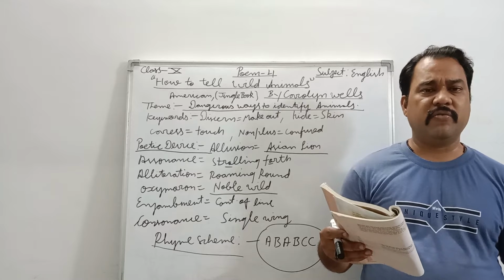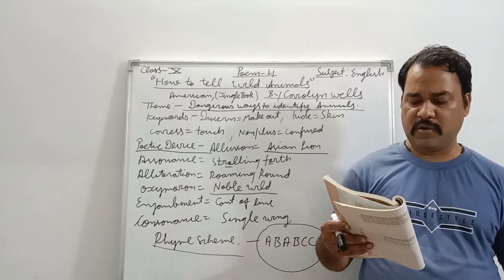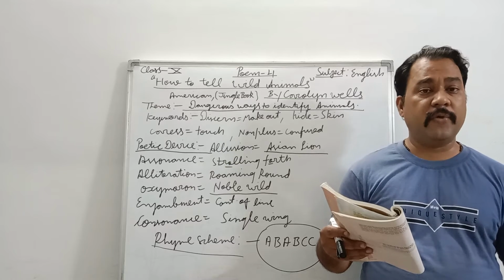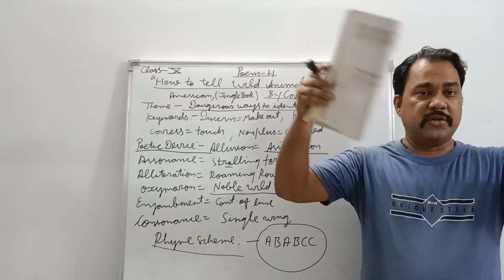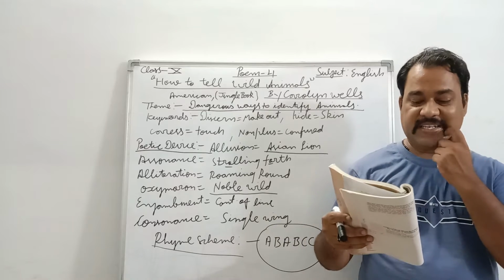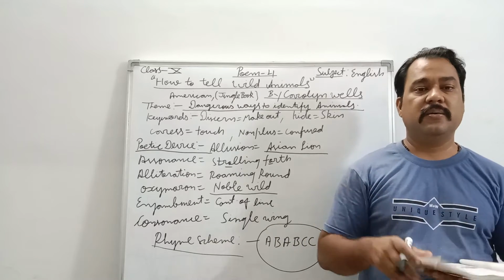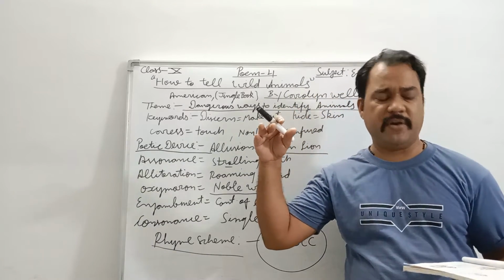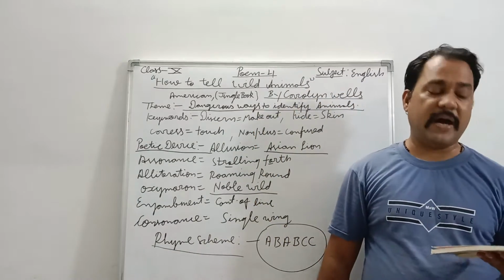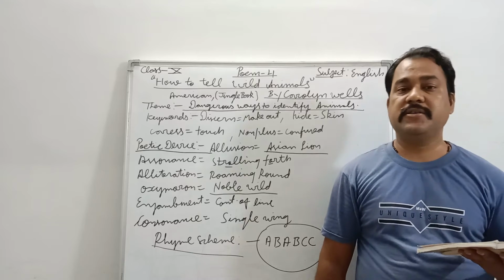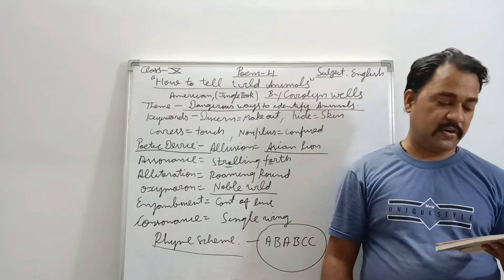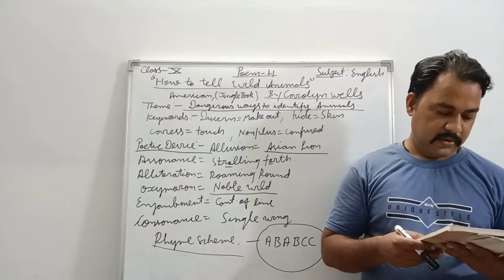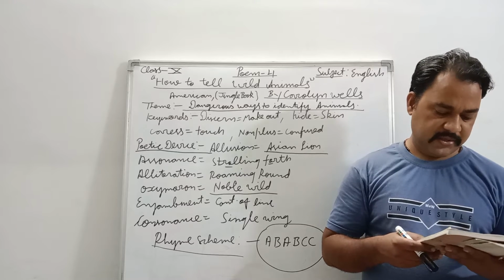So the poet says that if you happen to go to a jungle and you see a tawny, a brownish yellow colored beast, an animal, and if it roars at you, shouts at you, understand that. Because of his roaring, you are frightened, you are afraid, you may even die. So that is the identification of the Asian lion. That is the feature of the Asian lion. The next stanza is